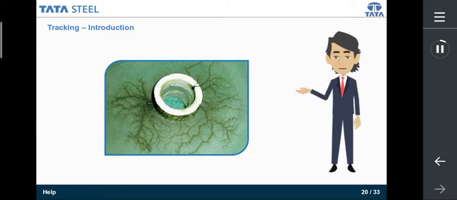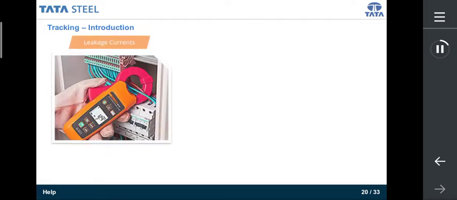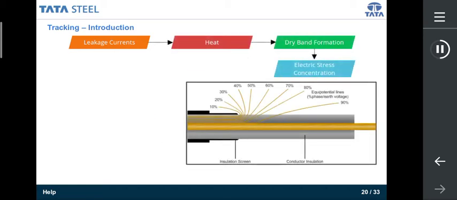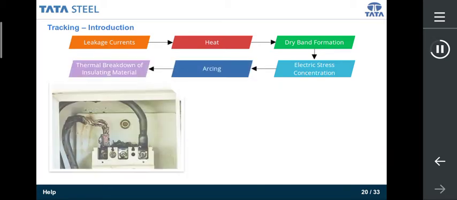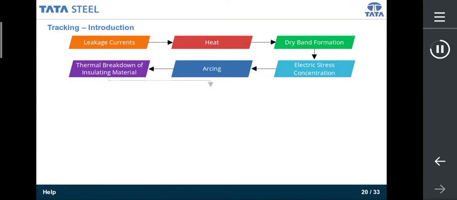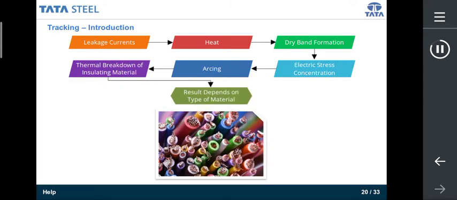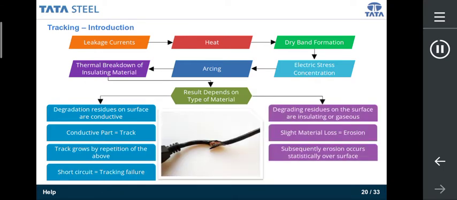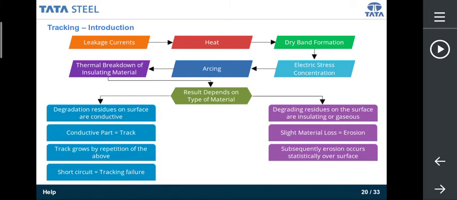Degradation of the insulation by the formation of an external carbonized path is referred to as cracking. As voltage increases, the point is reached where the potentials are sufficient to cause the current to flow across the surface of the covering. This surface current causes heating and dry band formation, which will then have the complete phase to ground voltage superimposed across it. This ultimately leads to arcing followed by thermal breakdown of the insulating material. The result depends on the type of the material. When examined in a cross-sectional view, the carbonized parts resemble the branches of a tree, known as treeing.